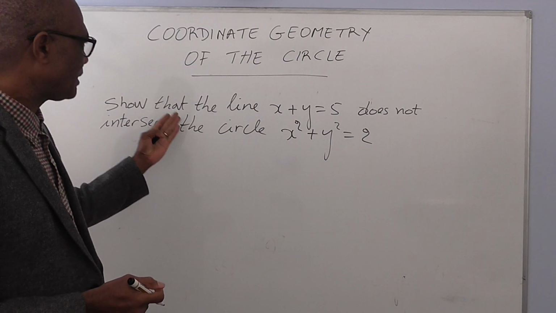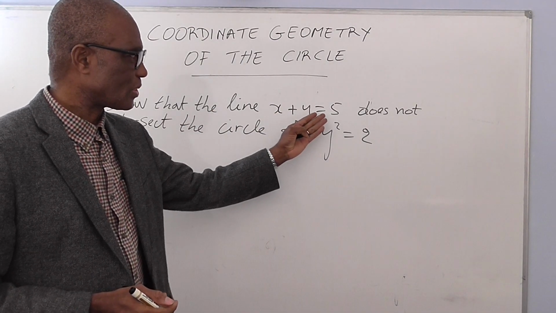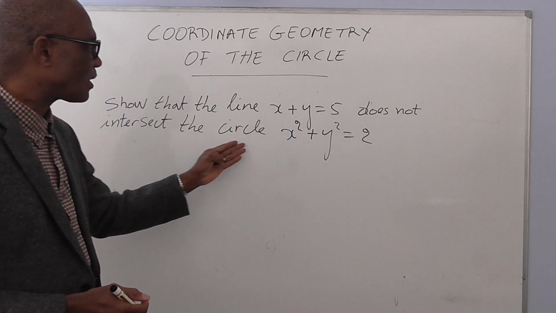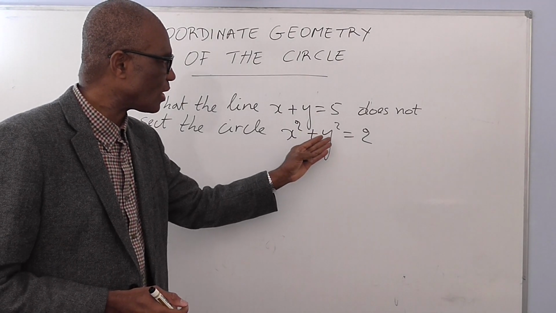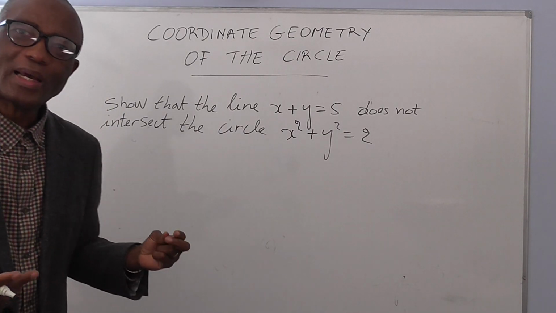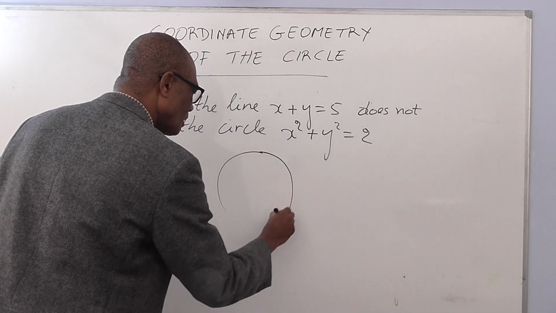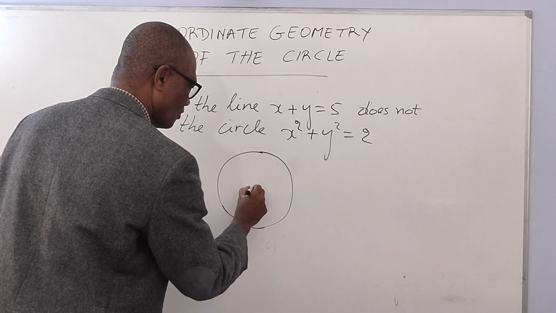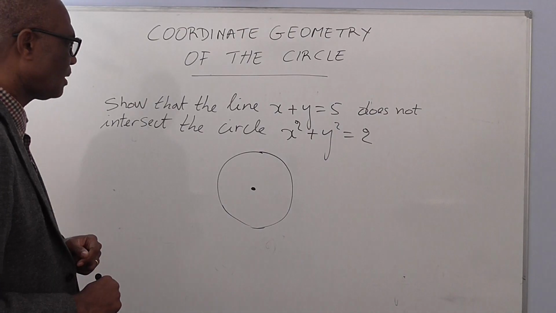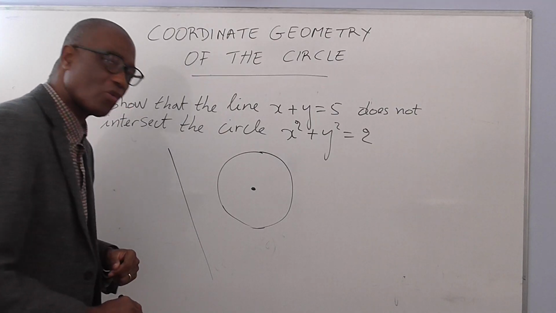Show that the line x plus y equals 5 does not intersect the circle x squared plus y squared equals 2. What that means? That means when we have our circle like that, for example, and the line is somewhere there,